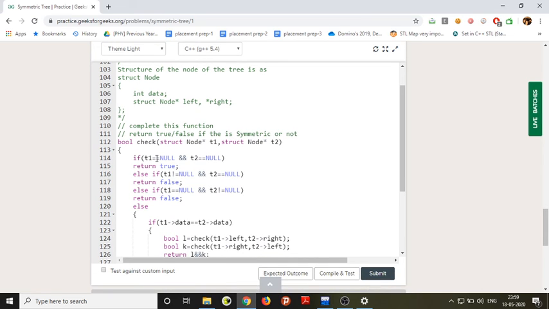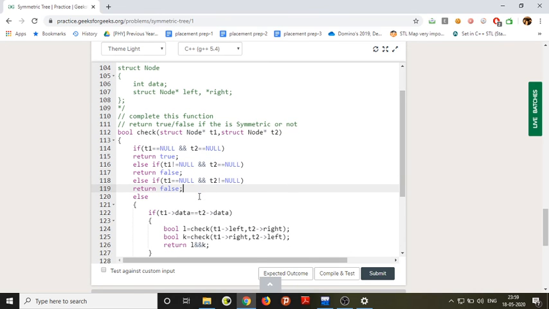If both are null, then it's true. If one is null and the other is not null, in these two cases it's definitely false because it's not symmetric.